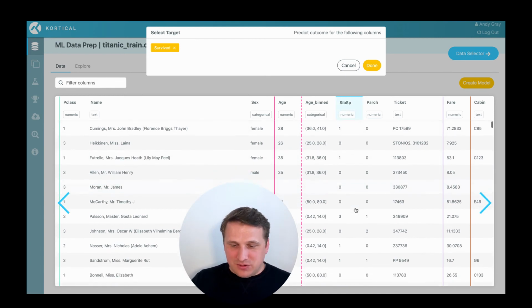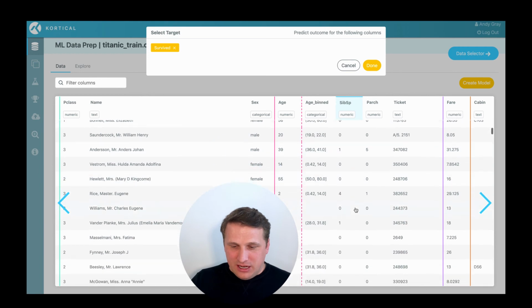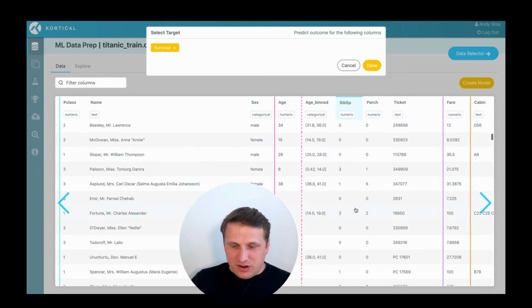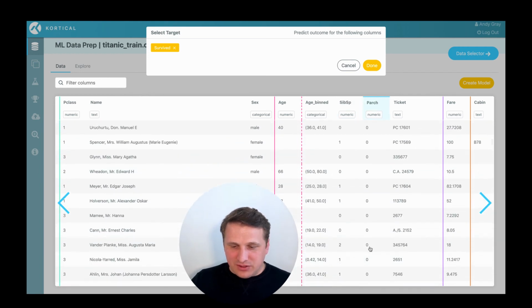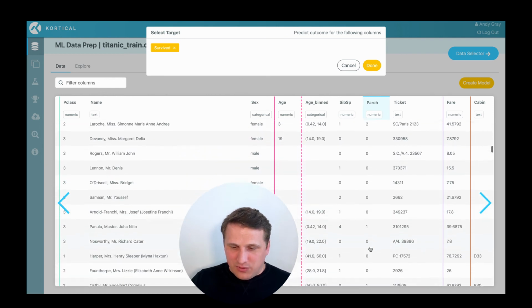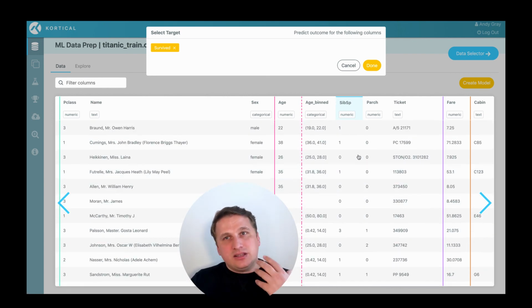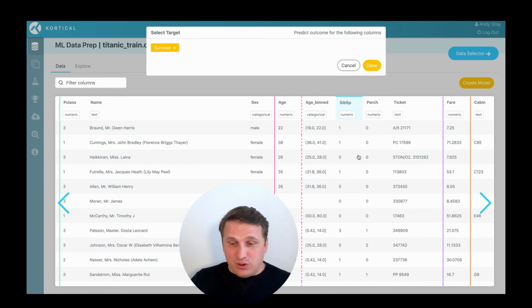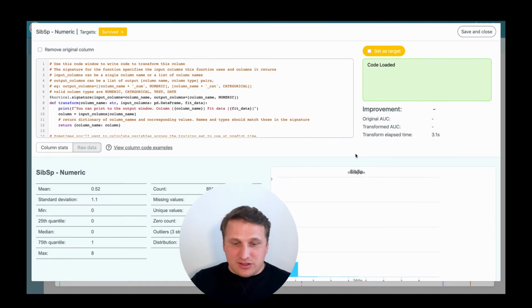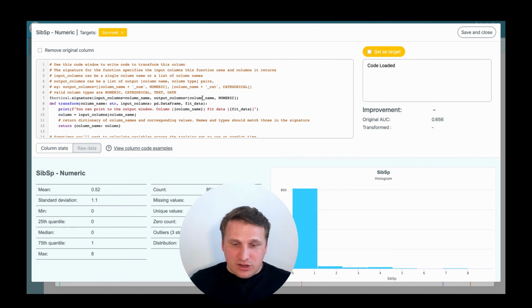So here we can see some things where you've got values on this side, no values on this side. I'm sure you can get to the point where you've got one of the values here, no values here. So is there interesting data just from the size of the family, or if there is family on board? So if you want to create a new feature like that, family size, we're going to go in here and say, right, I'm going to create a new feature,